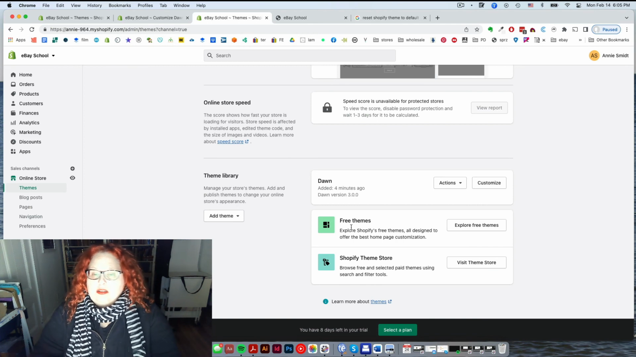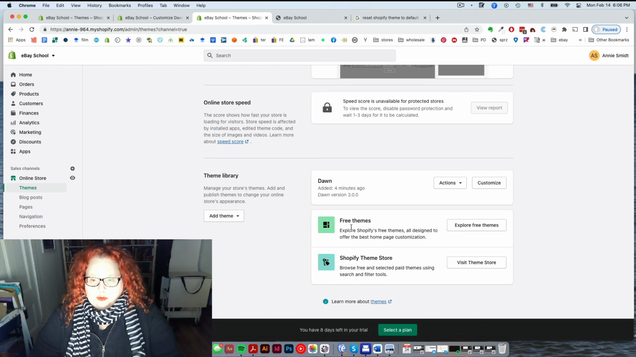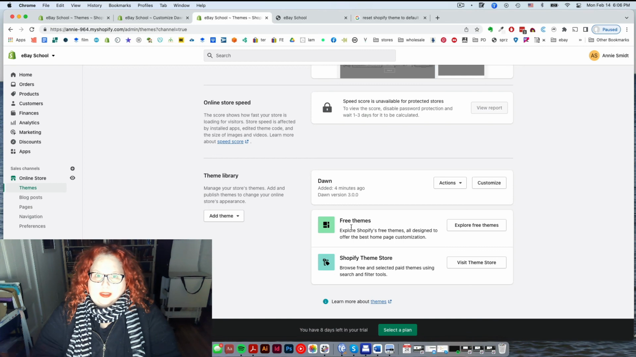If you want to look at other themes, there are a bunch of free ones and there are tons of paid ones. At the moment, I'm sure you do not need a paid theme unless you're doing something super specific. The free ones are actually great, so if you want to look at those or look at all of them, you can go to the Shopify theme store